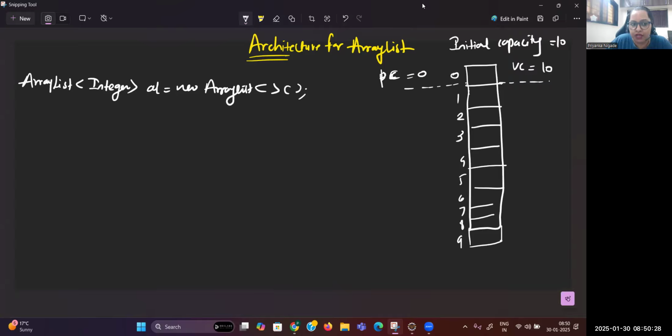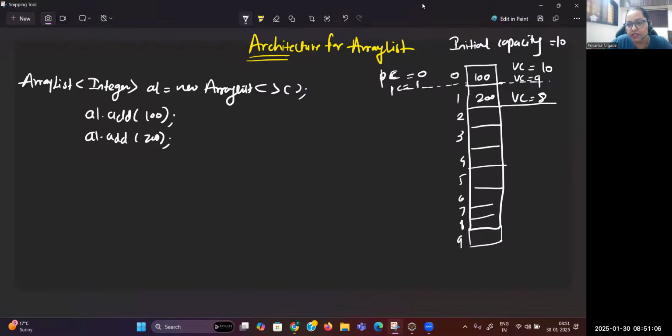As soon as you write al.add, and suppose I'm adding 200, then 200 will be inserted. At this moment, virtual capacity will be 8 and physical capacity you will get 2. Got it? Suppose I'm adding one more element, add 300. Then again the same process happens. 300 got inserted. Virtual capacity will be 7 and physical capacity will be 3 because 3 elements are there in